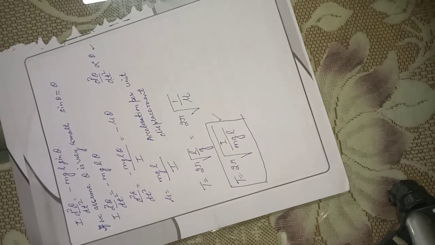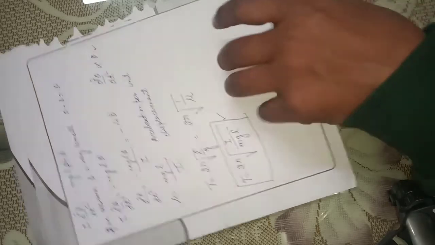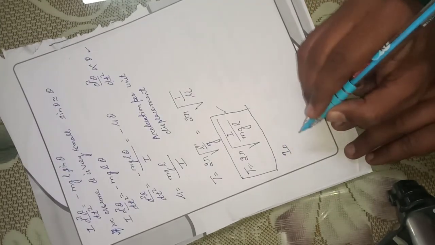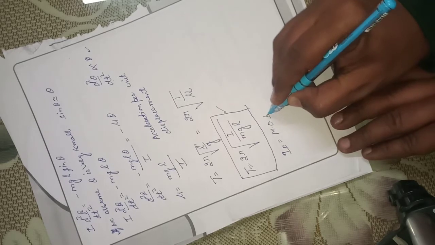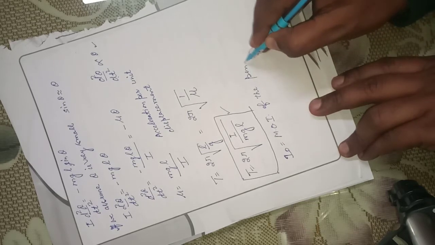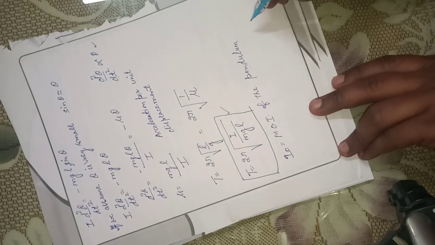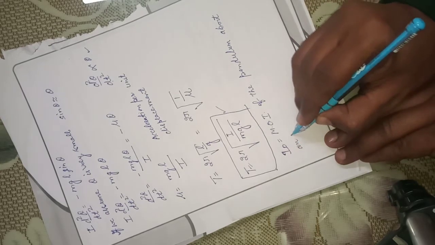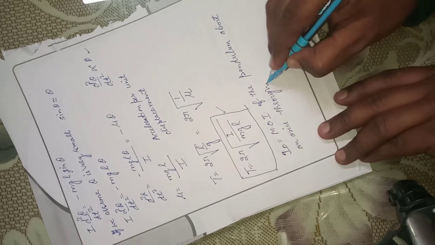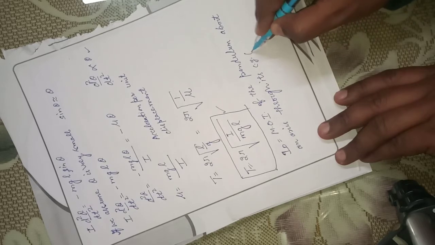Suppose I naught is the moment of inertia of the pendulum about an axis through its center of gravity, that is G,